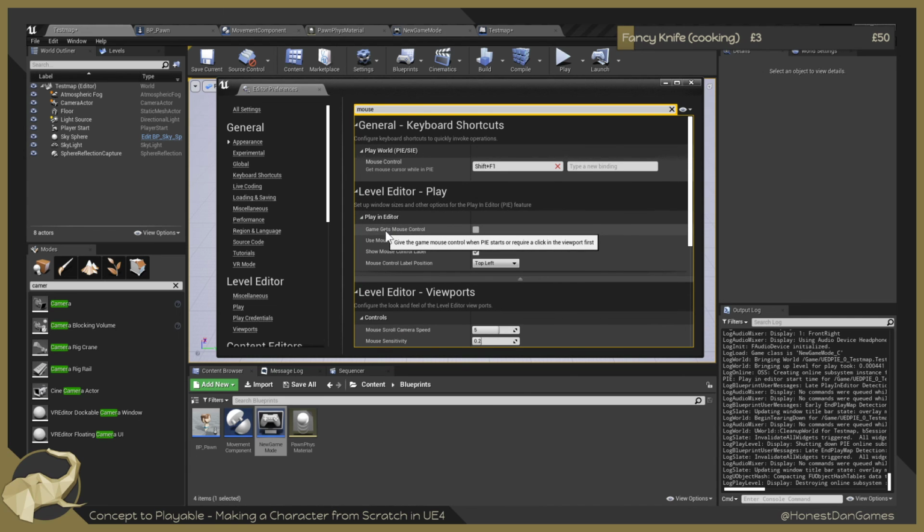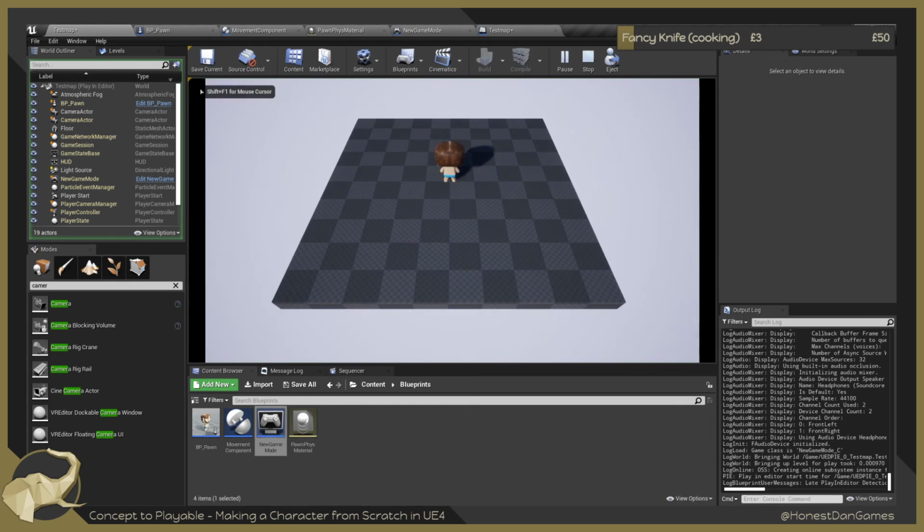Game gets mouse control. That's what you want. Did you see it, Brian? As game gets mouse